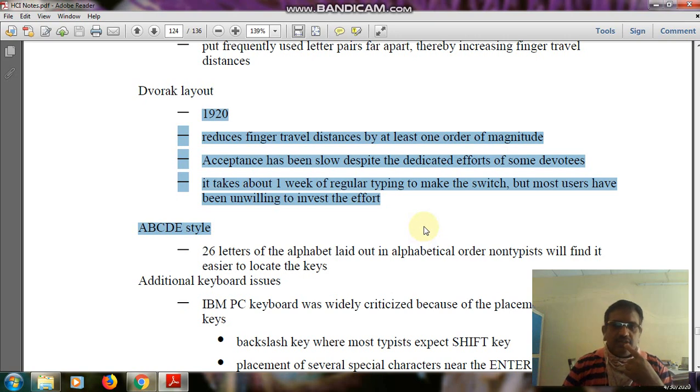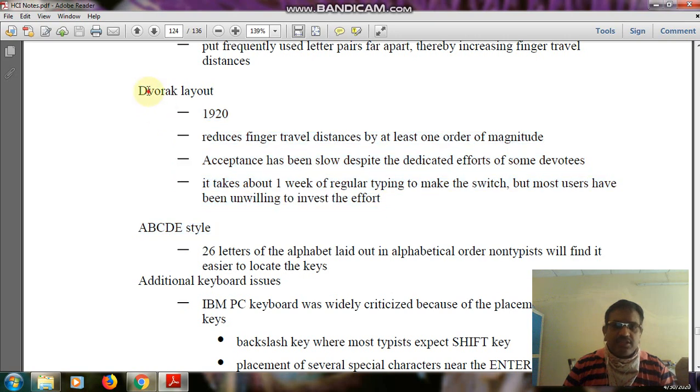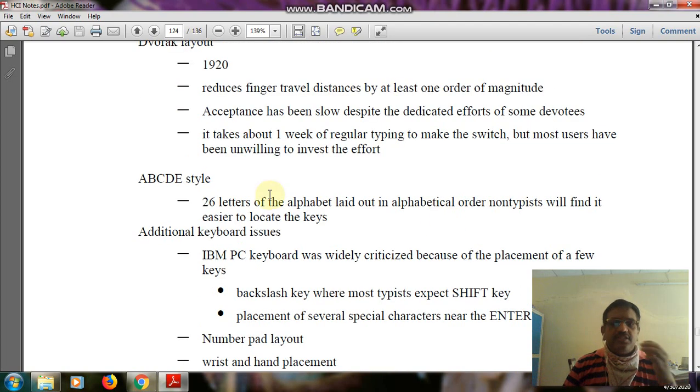DVORAK means the keyboard contains keystrokes in an order. First D is available, next V, next O, next R, next A, next K. So like that, it contains the DVORAK layout.